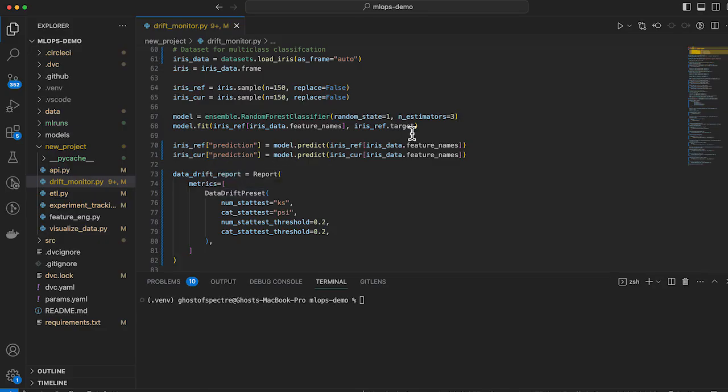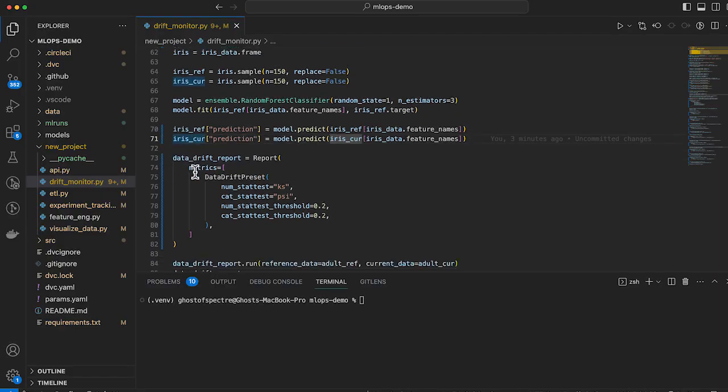So what we're looking at here is a couple of different data sets. So we have one data set which is our ground truth, and we have another data set that's been loaded in from production. So we are taking this, running the production data set through our random forest classifier model, and we're checking to see how those predictions are with respect to our truth, like our reference data or our ground truth or source of truth, whatever you want to call it. And then we're also getting our predictions with respect to that data we get from prod.